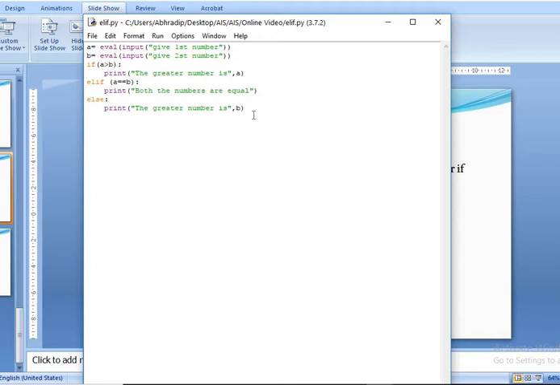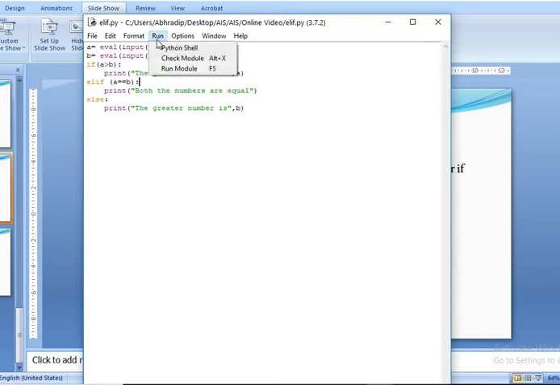Other things are absolutely the same as what was written in my previous program. If the condition is true, it will print that both the numbers are equal. Otherwise, if A is greater than B, then A is the greater number, otherwise B is the greater number.